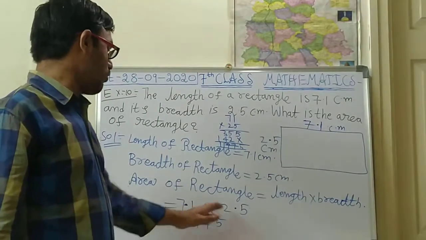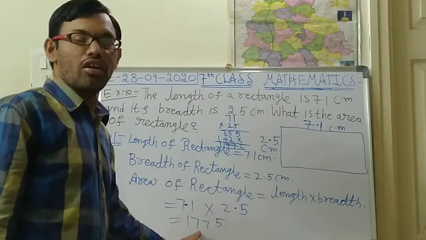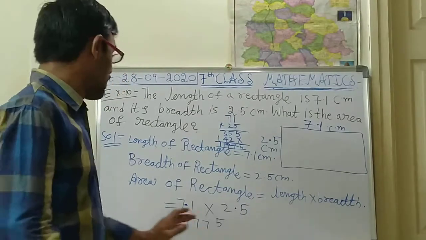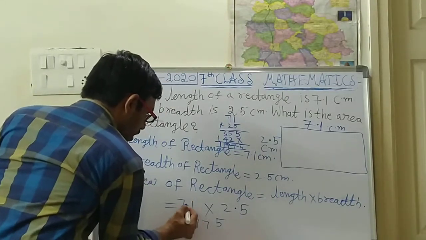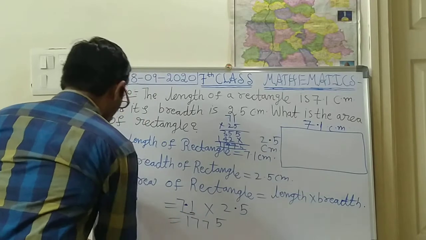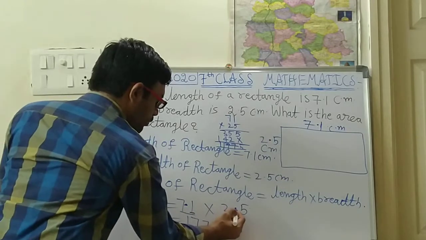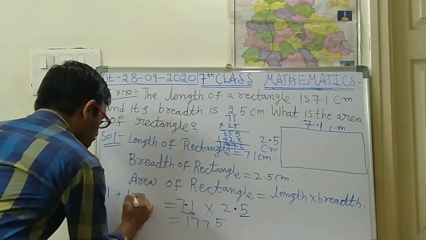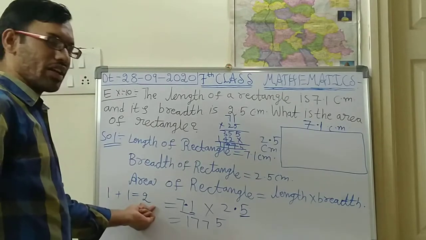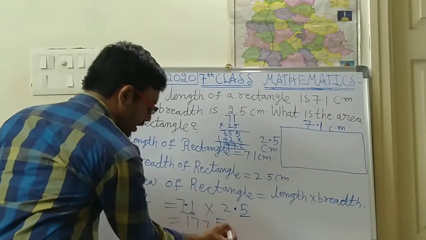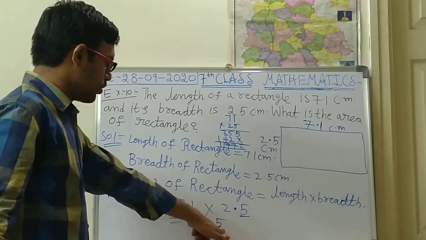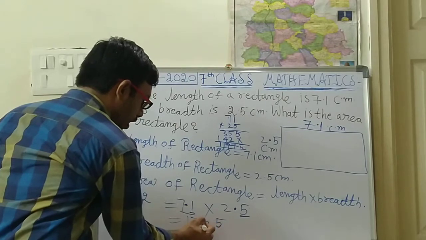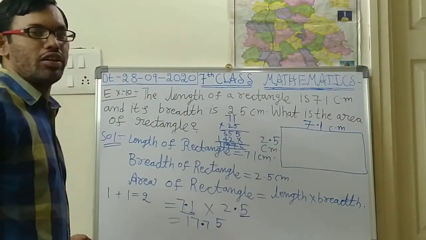But now we are supposed to put the decimal point in this number. We are not supposed to leave it like this. For the first number, how many digits are there after the decimal? One digit. For 2.5, after the decimal only one digit is there. So 1 plus 1 is 2. So starting from the right side of the result, you are supposed to move 2 steps forward. 1, 2. After 2 steps you keep the decimal point.